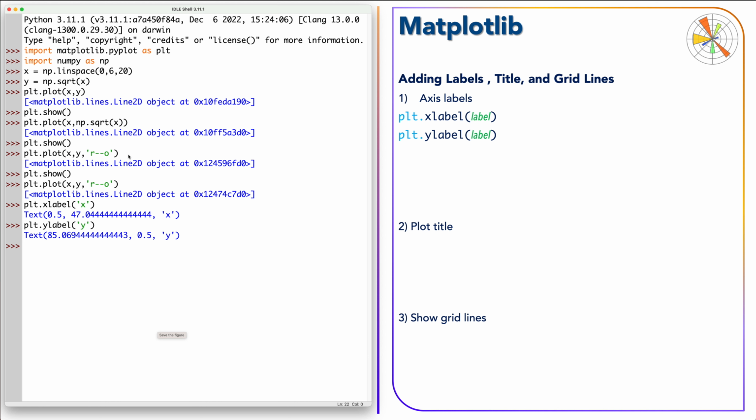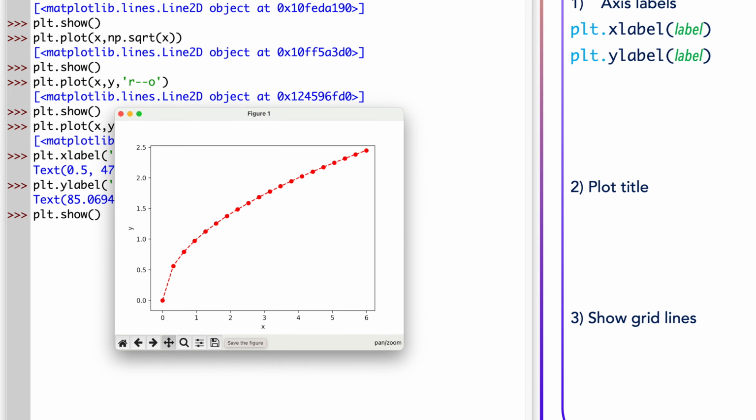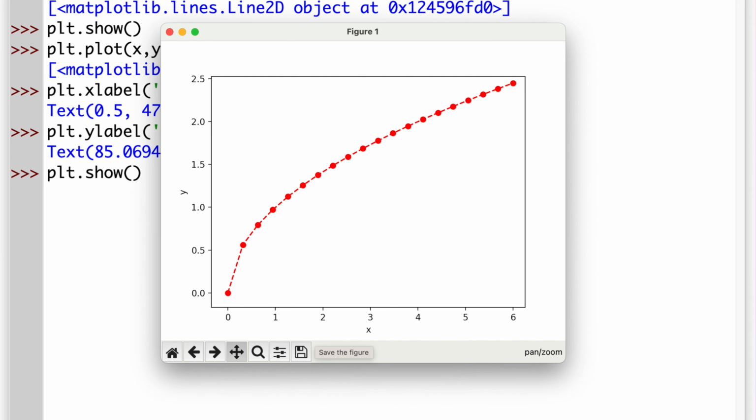Now, we always add show at the very end. So that means any modifications, any additions must be before the show command. So as you see here, we added the X label and the Y label